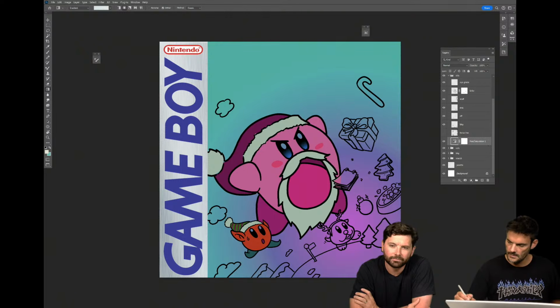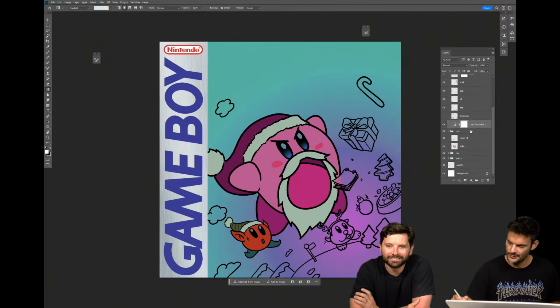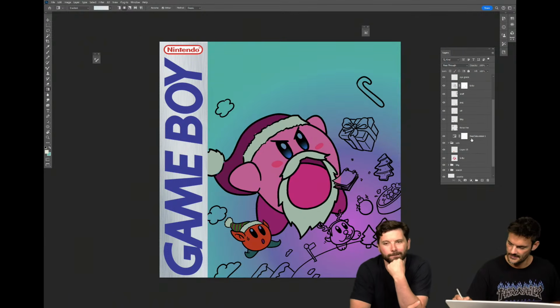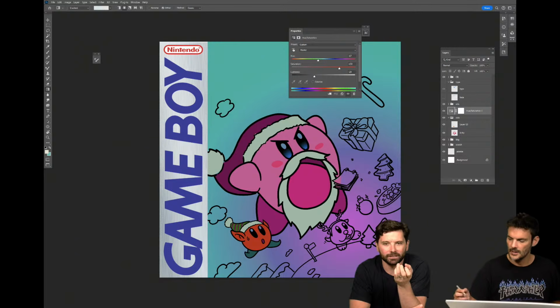Am I in a different... that's why. Because I have put that layer into the group where the outlines are, and so it doesn't understand what's going on. That's why it's doing that, I think. There we go. So there was something in there that... I put it in a different